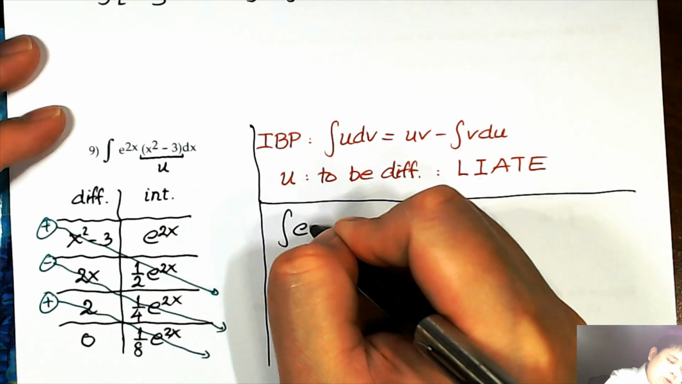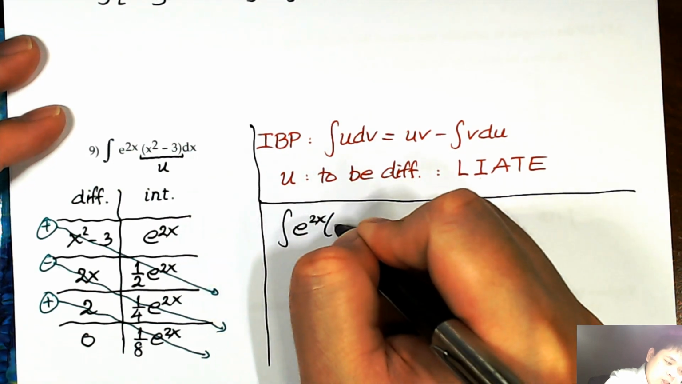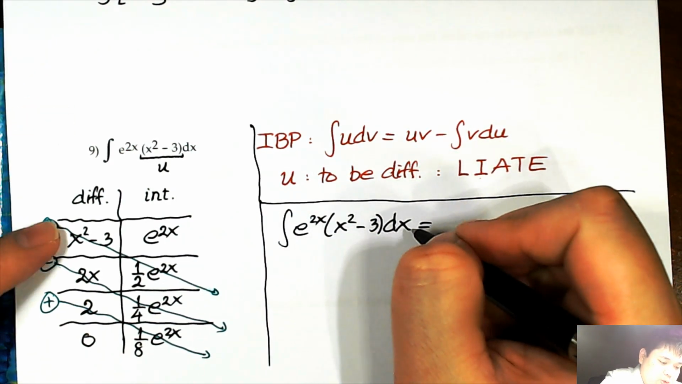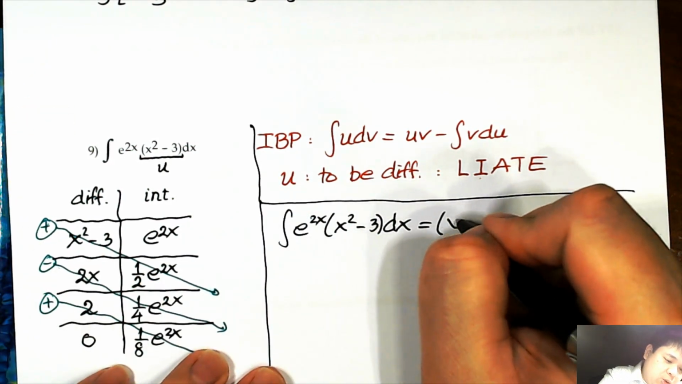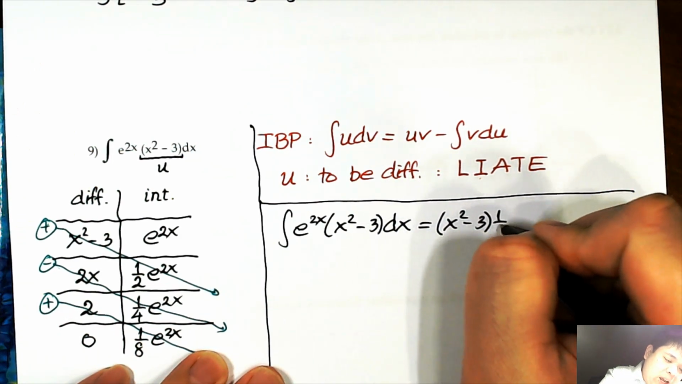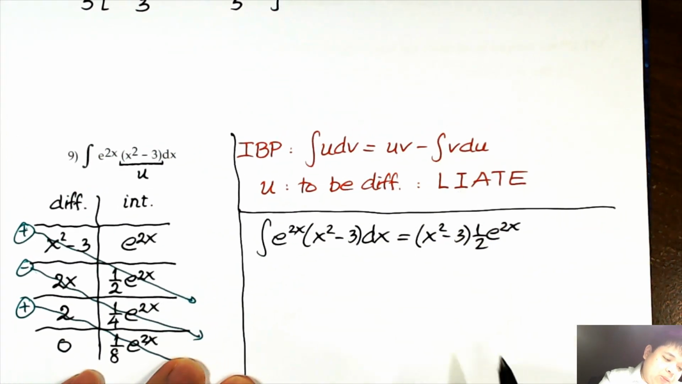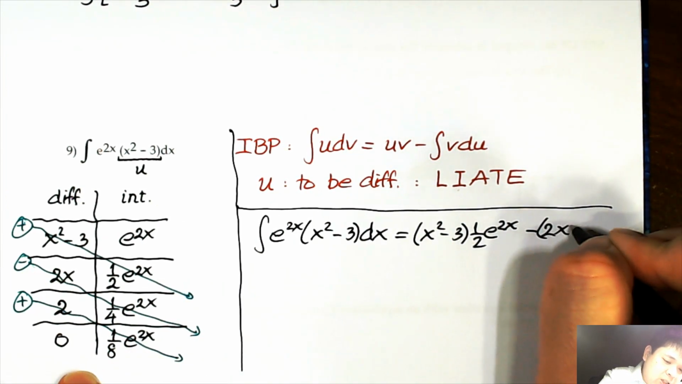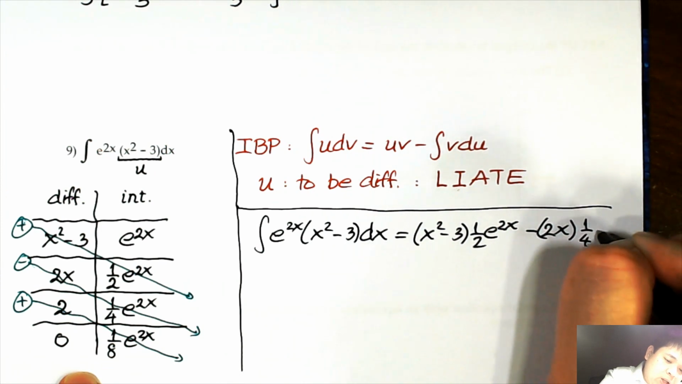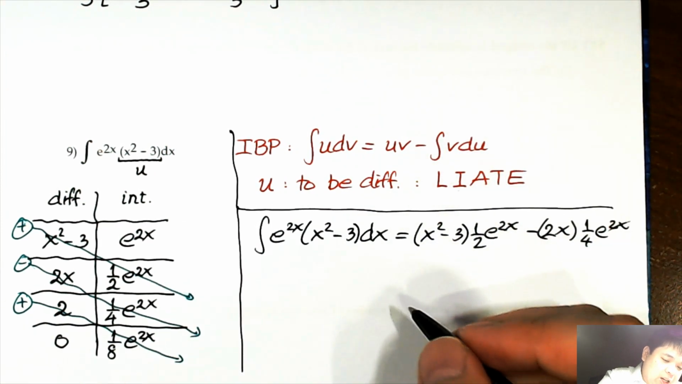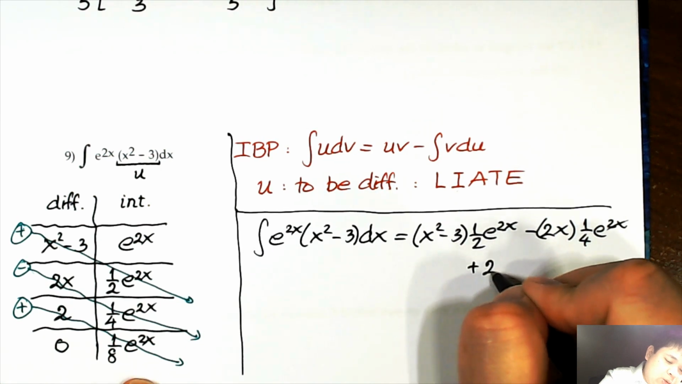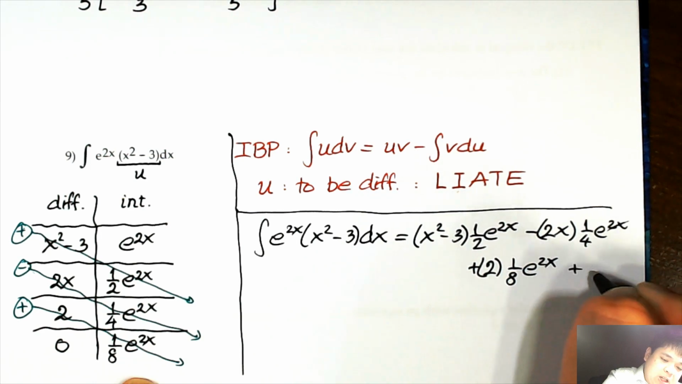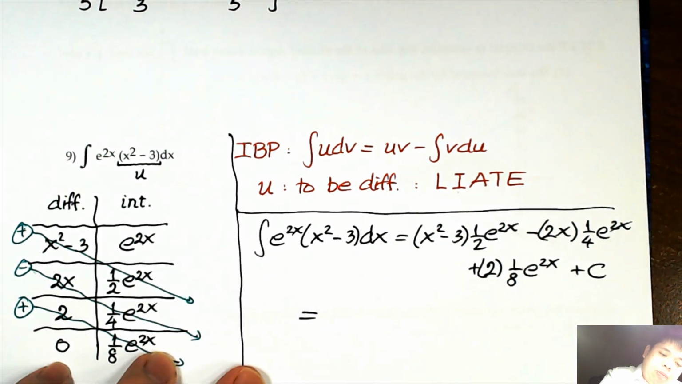So the integral of e to the 2x times x squared minus 3 dx. First we have the first diagonal: x squared minus 3 times 1/2 e to the 2x, and then minus the next one, which is 2x times 1/4 e to the 2x, and then the last one is positive 2 times 1/8 e to the 2x plus c, which equals